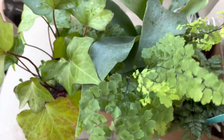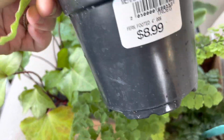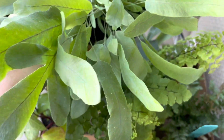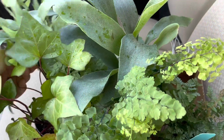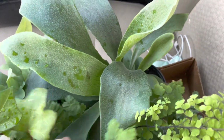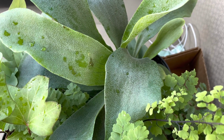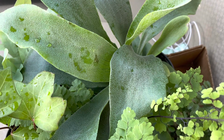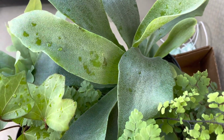And then I picked up a really cute, isn't this, it says footed fern. Isn't this the rabbit's foot fern or something? I just love that blue color. So I thought that would be really pretty, and it just has a very spring-like look to me. Then my good old favorite staghorn fern. I just always do well with these. It's kind of the only houseplant I can actually have success with. So I thought I would just get another one of those because, beautiful, and they seem to grow well